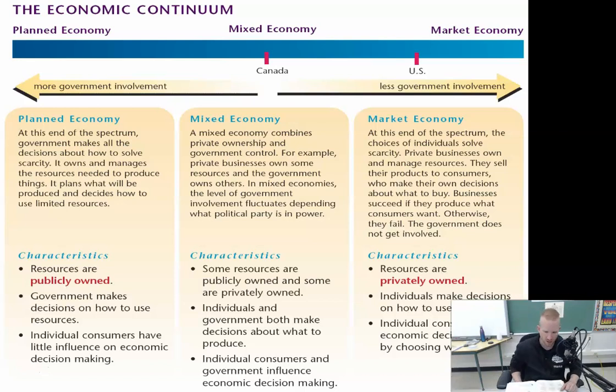Okay? Essentially, it's a lot of fancy stuff that says you can make whatever you want. You can start whatever business you want. If people are willing to buy it, you will succeed. If people aren't willing to buy it, you will fail. Okay, so resources are privately owned, which means by individual people. Individuals make decisions on how to use the resources, and individual consumers drive economic decision making by choosing what to